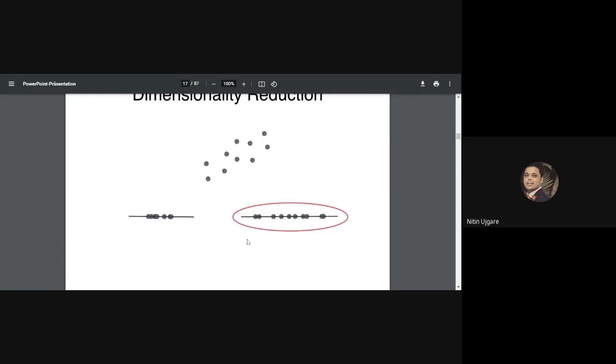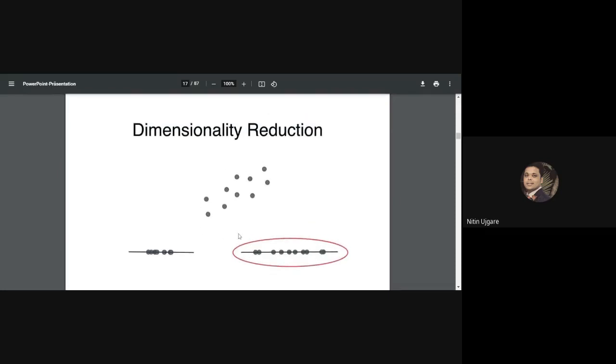Because this projection line gives me the clear spread, the variance, of how this sample data is spread over the hyperplane. So this gives me a clear picture. I can say that I will project all of this set of points on this projection line. Why? Because this projection line gives me a better representation of this data set.